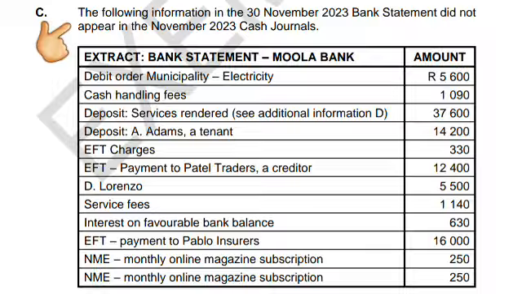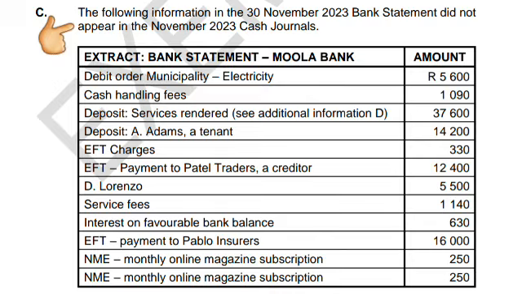So what do you need to do now? You need to record them in your cash payment and cash receipt journal. So incomes will go to the cash receipts, payments will go to the cash payments. So you see there we start with a debit order to the municipality for electricity. So basically we were paying for electricity. So that amount of electricity now needs to be recorded. This means that it was never ever recorded before. Because remember our statement said the following information is in the bank statement and it did not appear in the November cash journals. So that means inside that